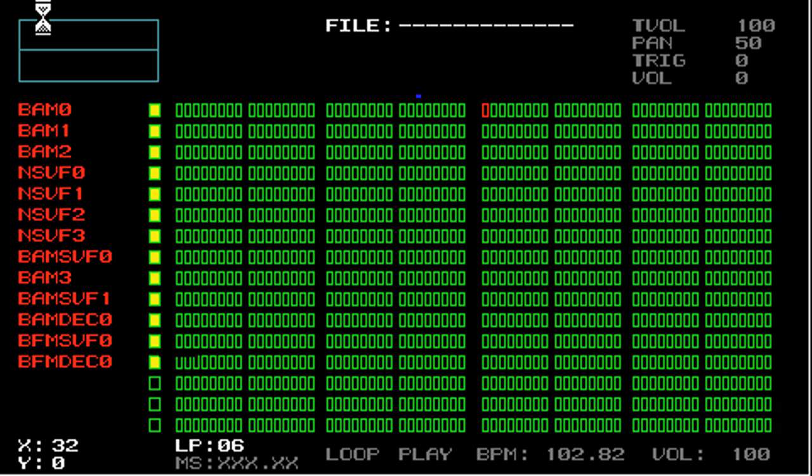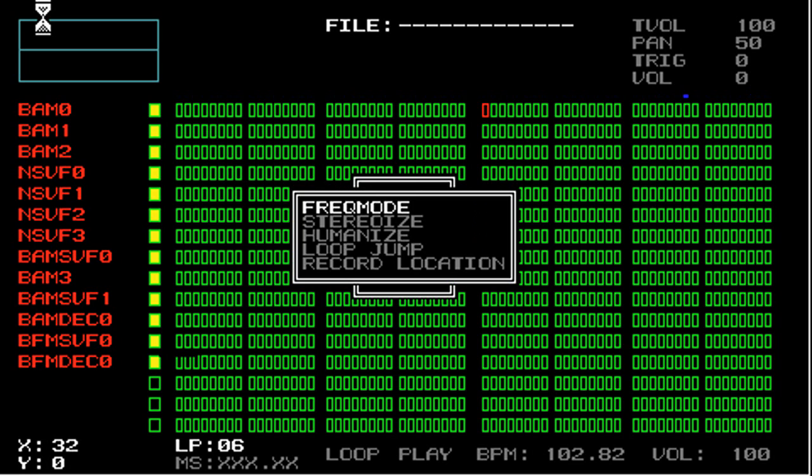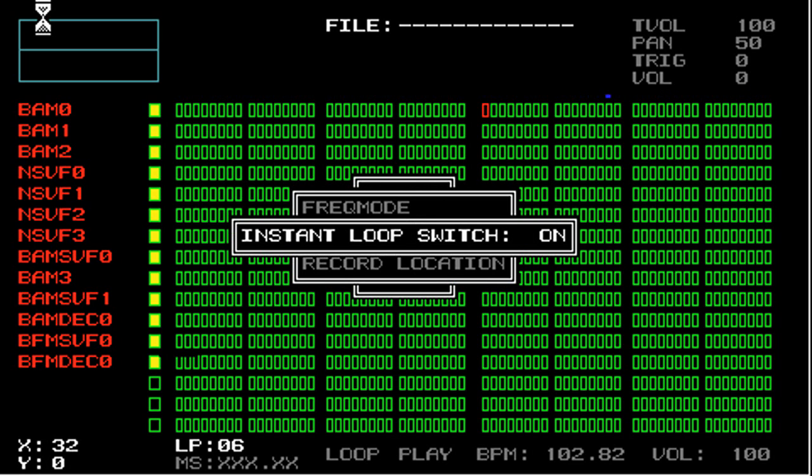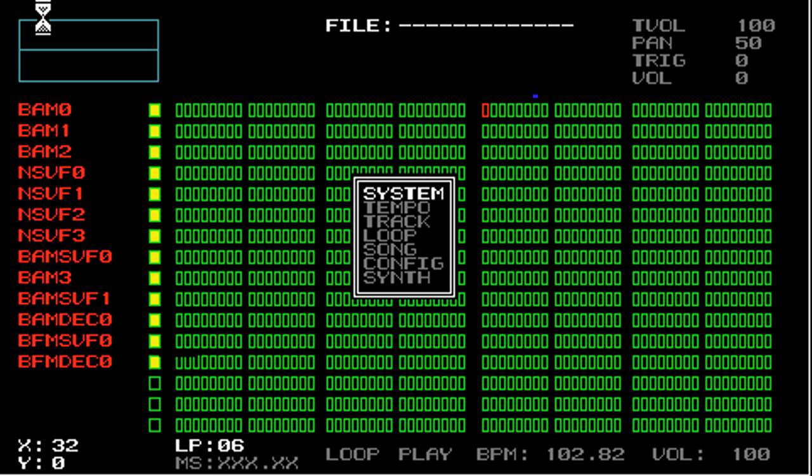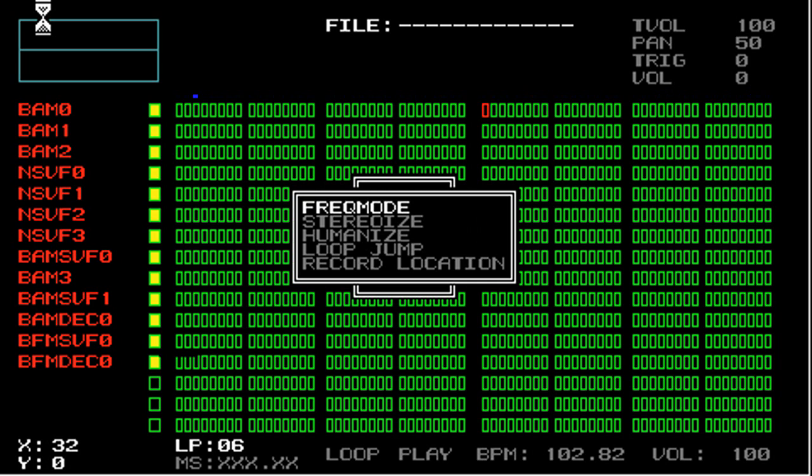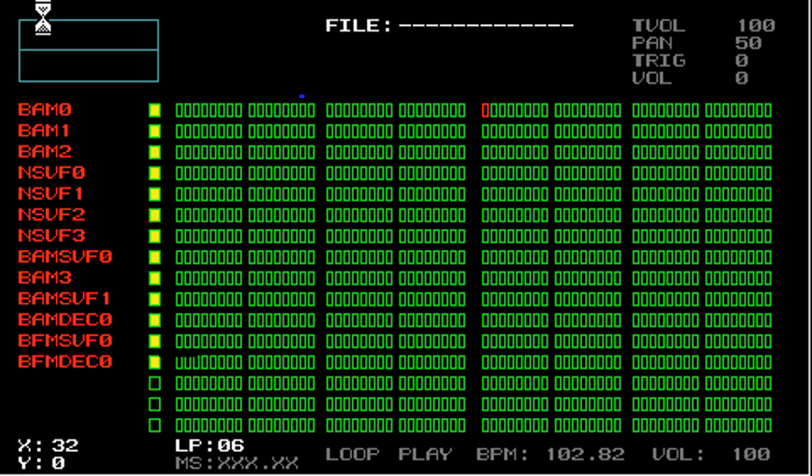So I'm going to go back to setting instant loop jump to on for the rest of the tutorial. So I'll set that to on. So now I'm going to go back to config, and the last option is record location. And record location sets where PSPSeq saves loops and songs that are recorded as WAV files. So if I select this,